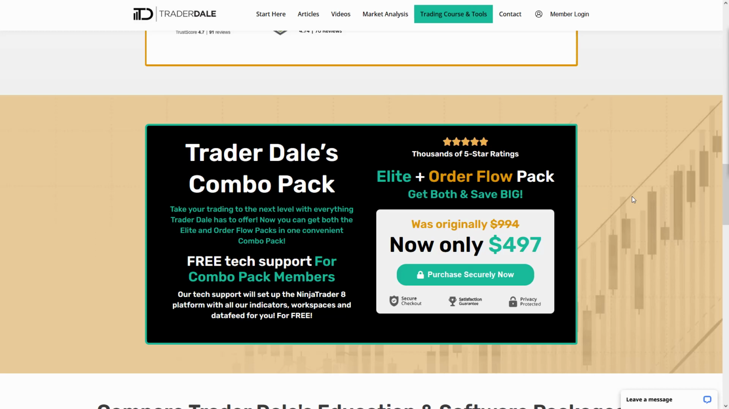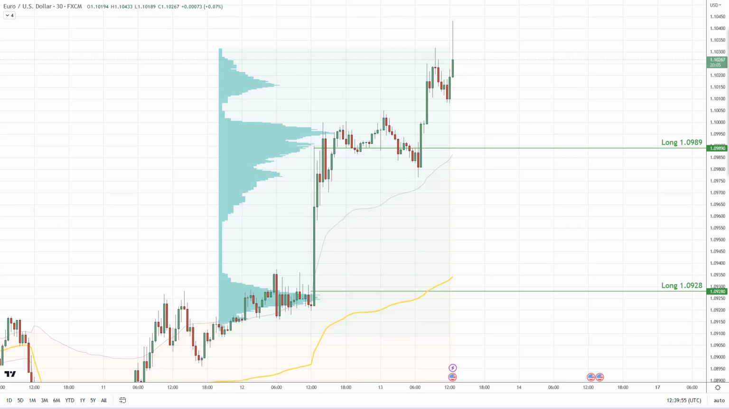Let me now switch over to the chart and talk about the trading idea on the euro dollar. So here we are. This is the euro dollar 30-minute time frame. Right now, there's macro news. So this candle is a macro news candle, up and down. But what I want to talk about in here are